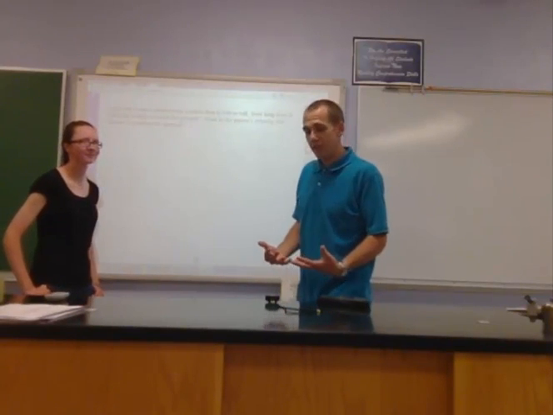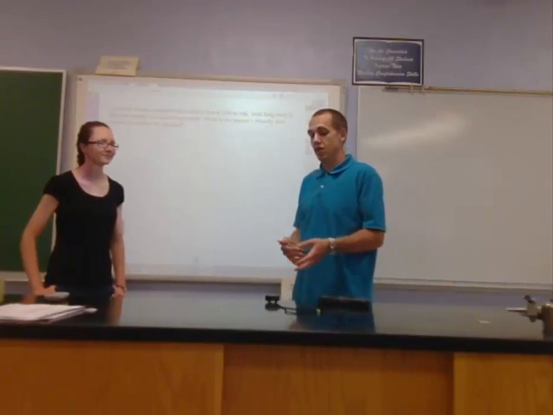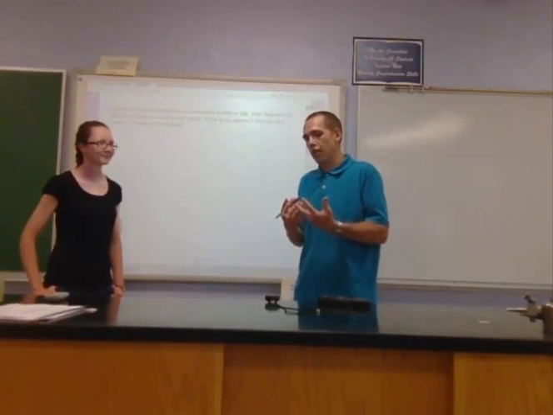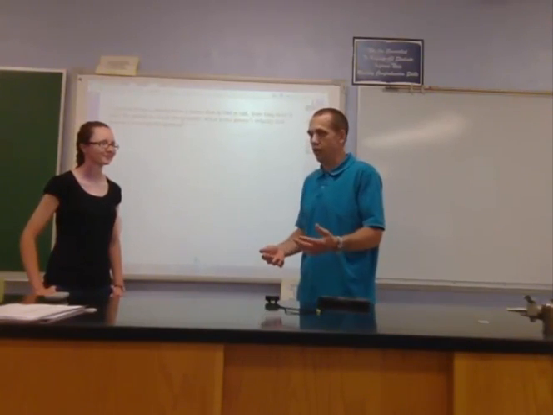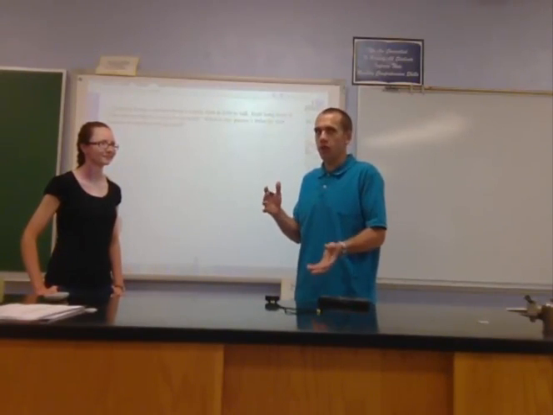So you guys did this lab where you dropped the picket fence through the photo gate and you measured the acceleration due to gravity. And give or take some experimental error, it was probably really, really close to 9.8 meters per second per second. That's the accepted value for the acceleration due to gravity on Earth. It varies a little bit with where you're at and how high above Earth you are, but for things near